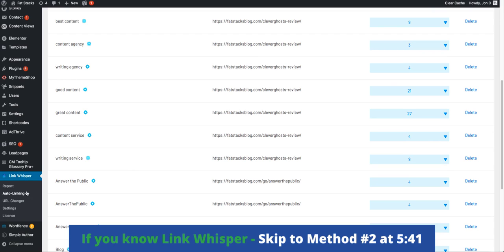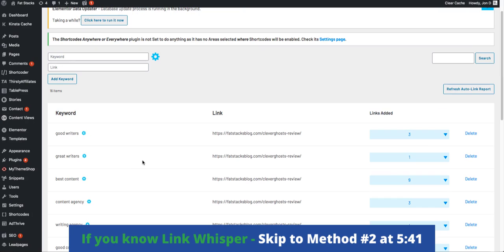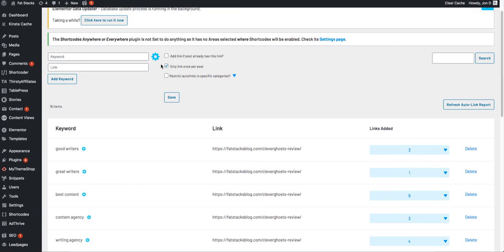The first is the autolinking. Now use this with great care. Okay, first off, before you do anything, hit this wheel and check this box: only link once per post. We don't want dozens of links going to the same URL in the same post. Next up, I would typically go with a little bit more long tail keywords to start, and then you put in the URL where the link will link to from pretty much every instance of that keyword